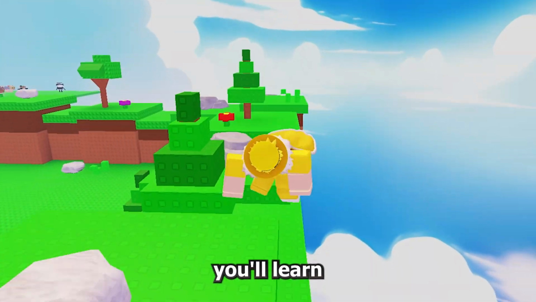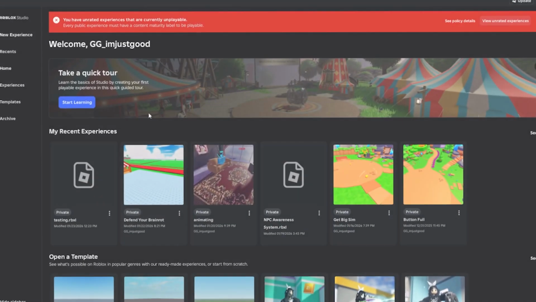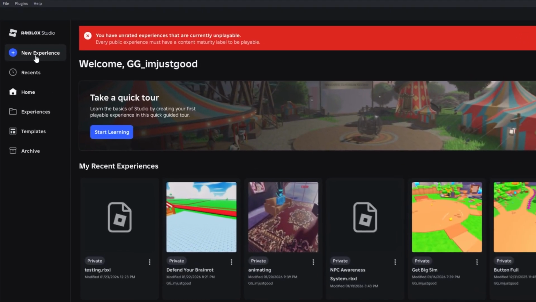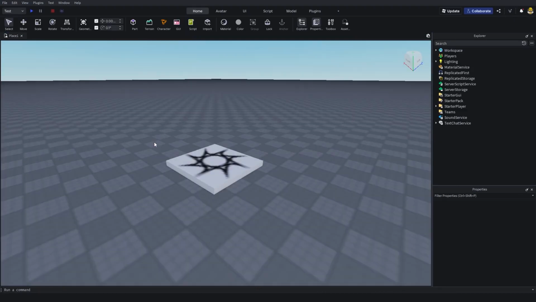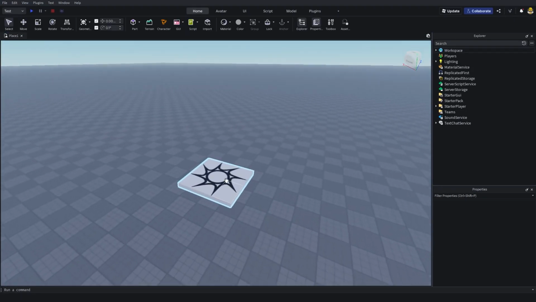In this series, you'll learn how to do it all. Become a full stack developer in Roblox Studio. This is Roblox Studio, and if you don't have it, the link will be in the description. But what you're going to want to do is click New Experience, and it'll open up this whole thing for you. You have a base plate, which is just this big little thing right here, and you have your spawn